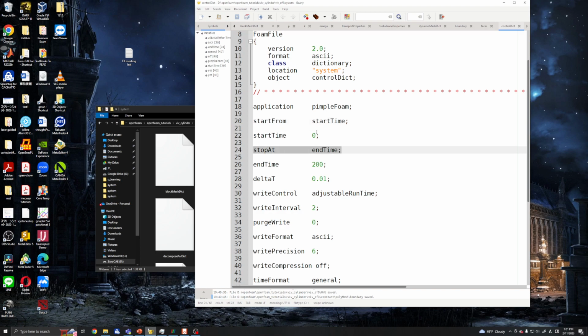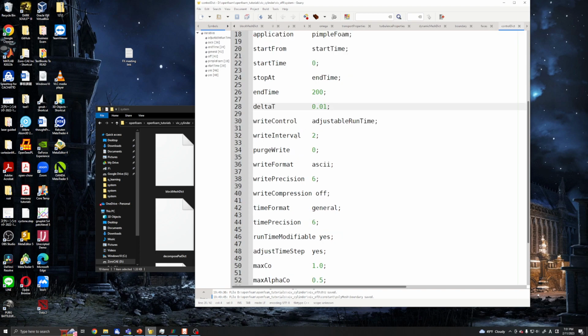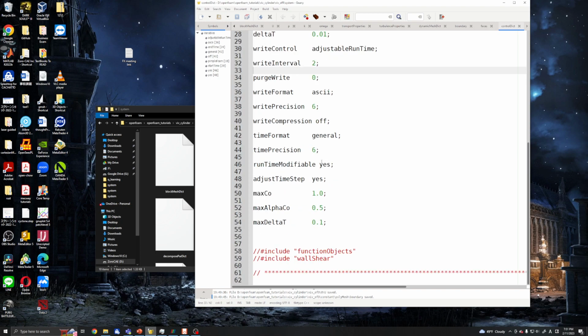So we can define our simulation to be run from 0 to 200 seconds, and we can set up the time step, and we can set at what interval we want to write out the results, and we can